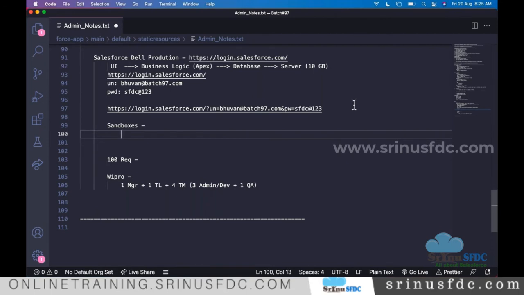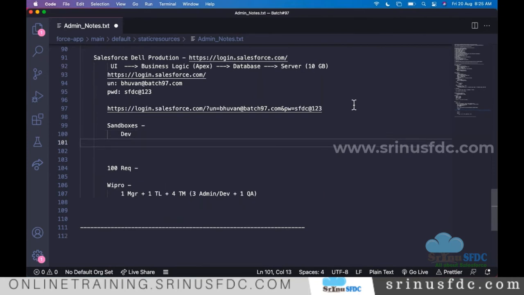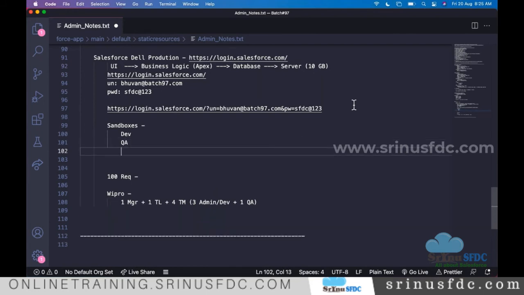For example, when the project starts, to do the development we need one test environment, a sandbox. Let's say Dev, one sandbox is created. For testing purposes, the QA team, quality assurance team, needs one sandbox, right? QA sandbox. And let's say after the development and testing by the Wipro team, the Dell company employees want to test from their side one more time and proceed further.